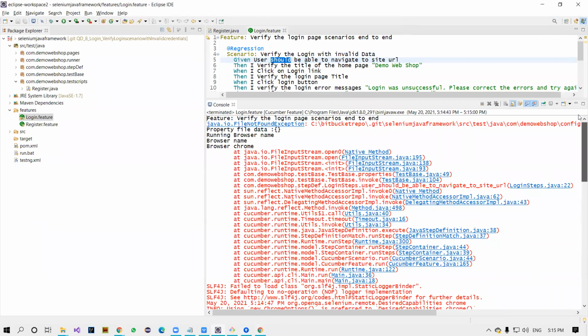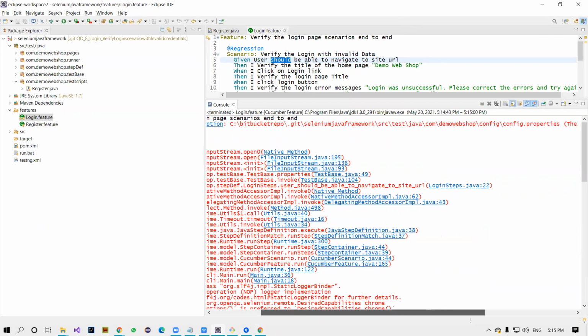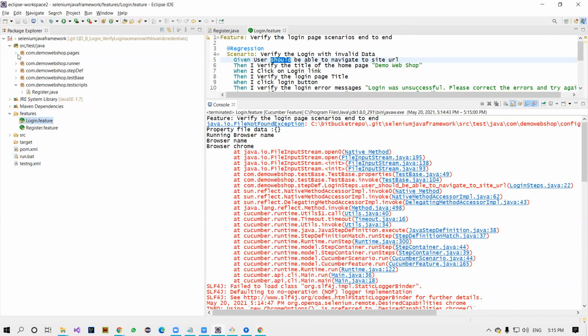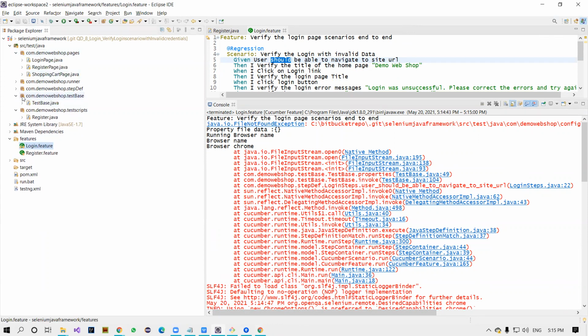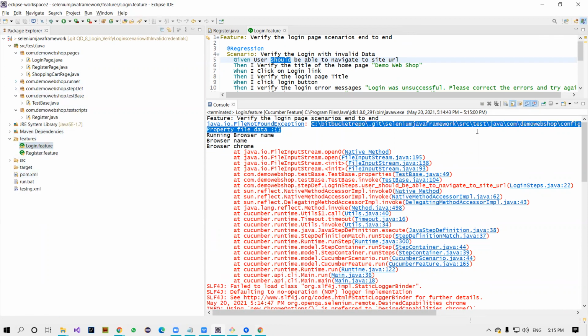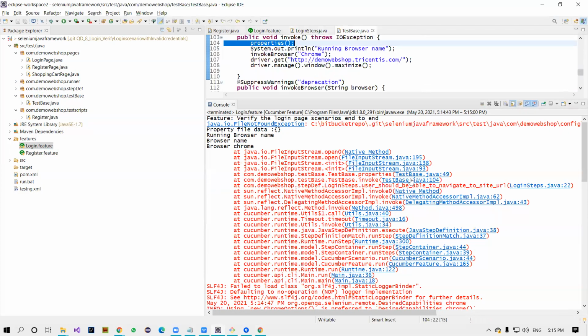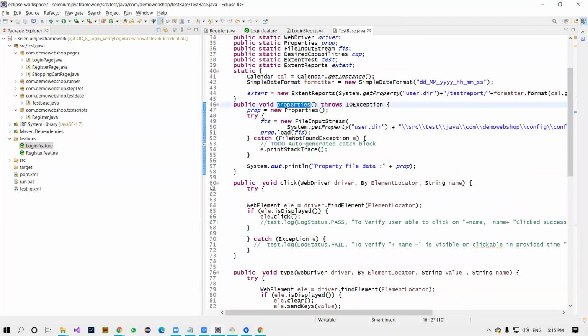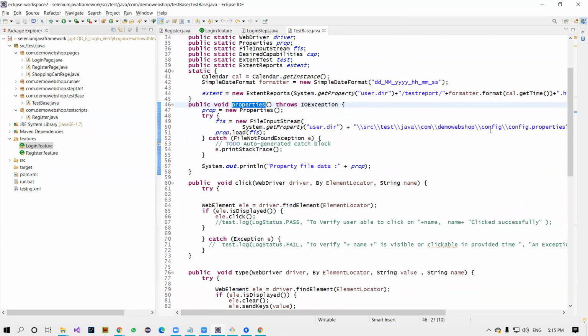Don't worry. Some path is wrong here. I think the system cannot find the path of the property file. Where is that property file here? I don't have any property file here. All right. Okay. Go to the main method here. Click on this method. Test base. Yeah. Here's the one. Go to this property file. Yeah, here it is. Source tree config.properties is not there. That is why it is giving the error.